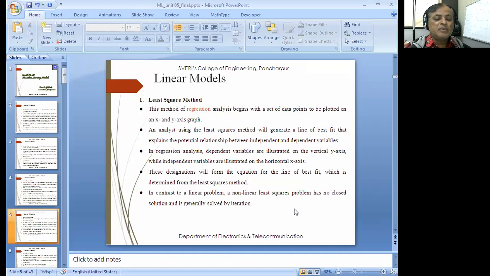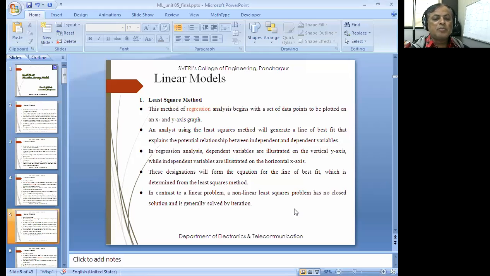So now the second question comes to mind: what about non-linear things? In linear models, we have these equations, but in the case of non-linear least square problems, we don't have a closed-form solution; they can be solved only by iteration. For linear problems, we can have this solution. But for non-linear least squares, we need to solve by iterations. That is what the method is about.